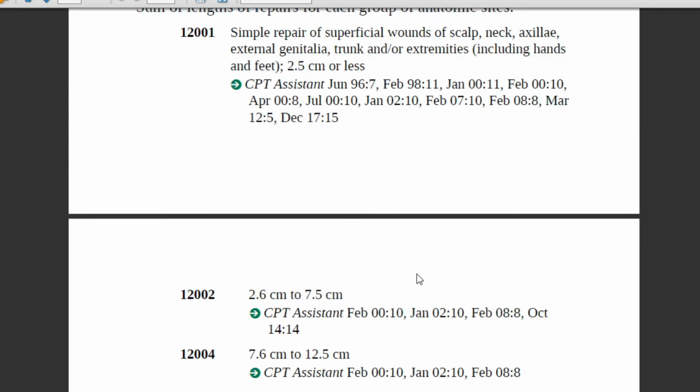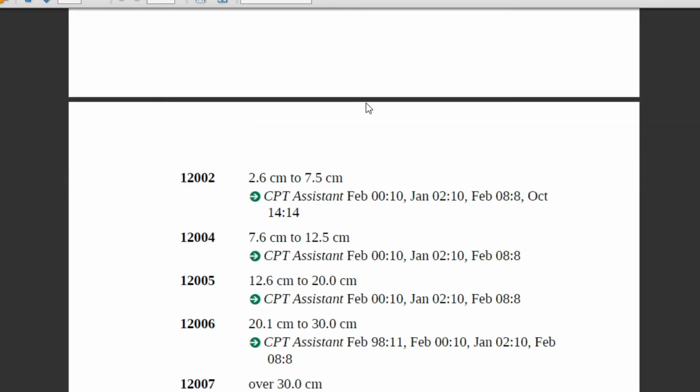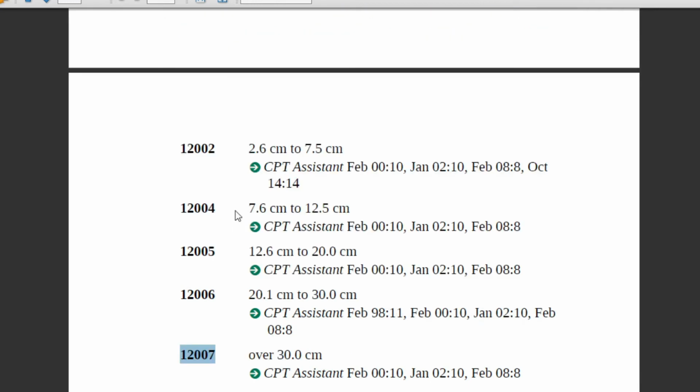One more example. Suppose the physician is suturing the superficial wounds of trunk 3 centimeters and hands 30 centimeters. Then what code will you assign? Before assigning the code, you need to remember the guideline: add the diameter of the same body group. So the code will be 12007. The description of this code is over 30 centimeters.